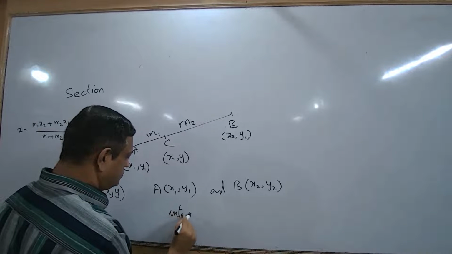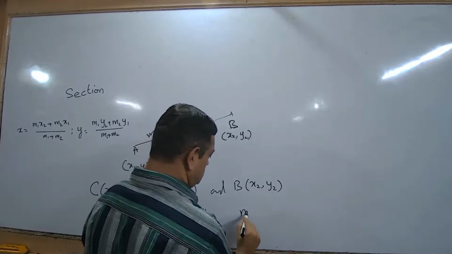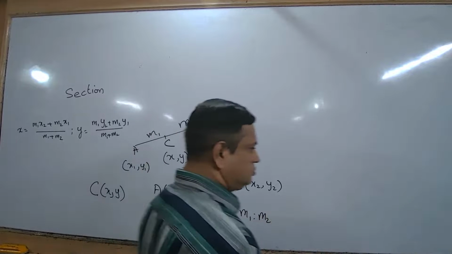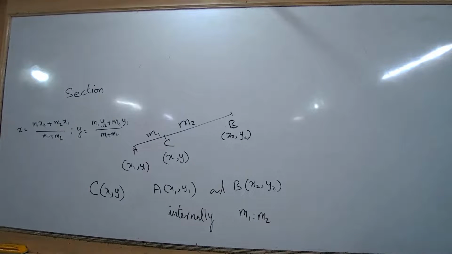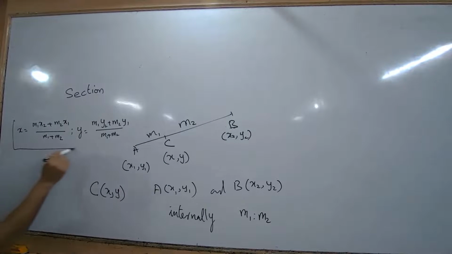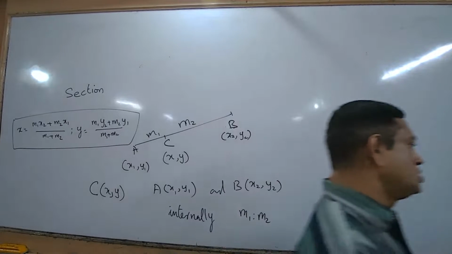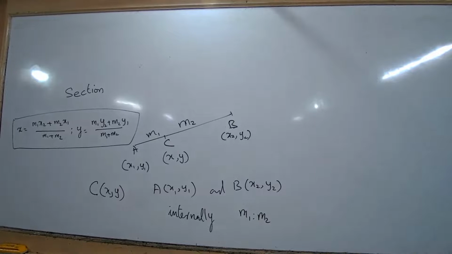internally in the ratio m1 is to m2. Then the coordinate of C is obtained by the formula: x is equal to m1 x2 plus m2 x1 divided by